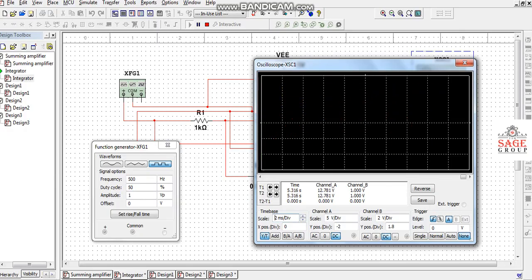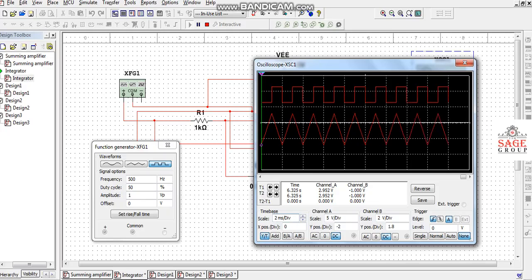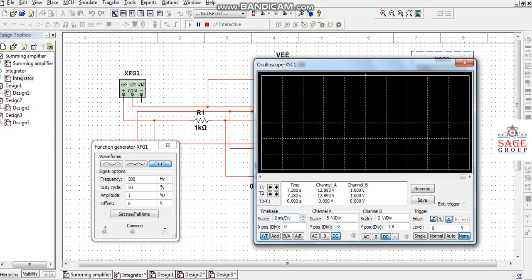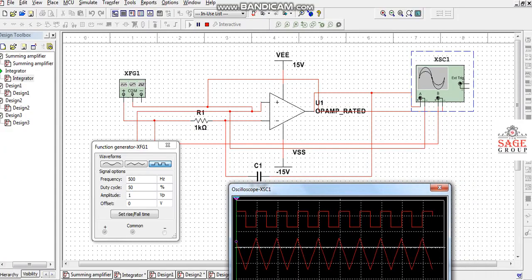We are giving this square wave to the input of this integrator circuit, and we are getting a triangular wave at the output of the integrator circuit. So this is channel A. Channel A is for our output, and channel B is provided for the input.